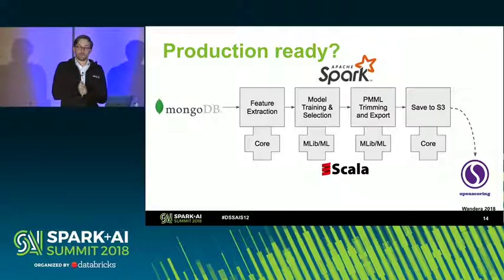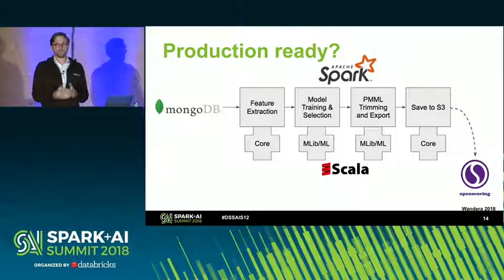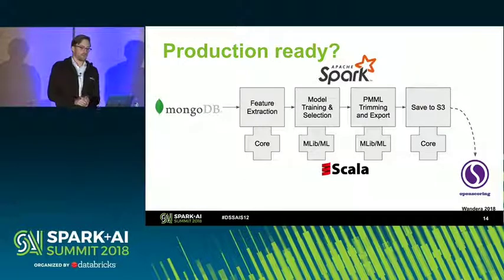We store all the data predominantly in Mongo or S3, but we take that data, we run the feature extraction using the Spark core programming, and then using the MLib or ML, we train the model, run the feature selection, and export to, as I mentioned, the PMML. This is then saved to S3, and whenever that happens, it's picked up by our CI tool, in this case Jenkins, to then deploy within our infrastructure. Here we use a paradigm, again, called OpenScoring, which is basically our RESTful API, so that when a new user installs an app, it calls out to this service.